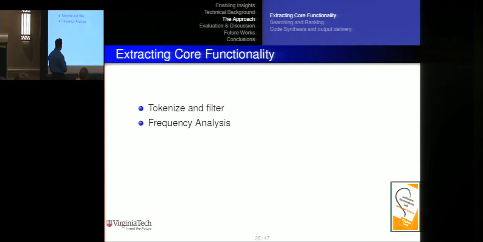Extracting core functionality really comes down to two things. We have to tokenize and filter, and we have to run some frequency analysis. These are not very fancy techniques. This is basic NLP. We are doing something similar to a bag of words model. We're really just taking the tokens and stripping them, filtering as best as we can, combining and concatenating certain things, using basic knowledge of programming, obviously making assumptions that may or may not be the case, but this is